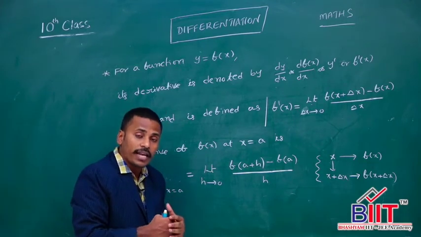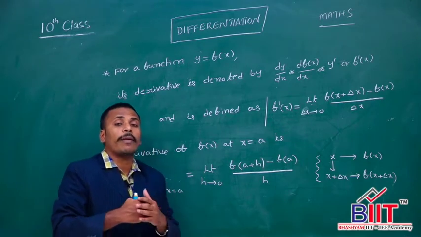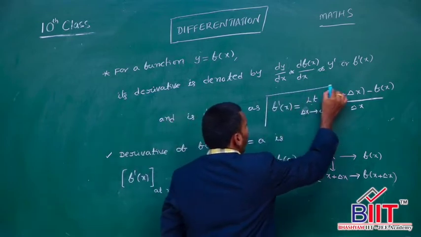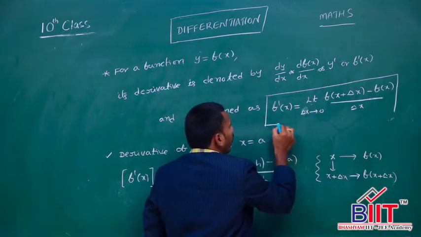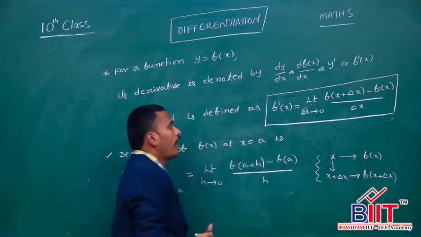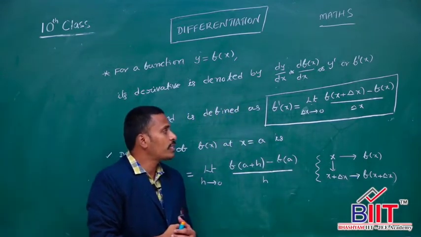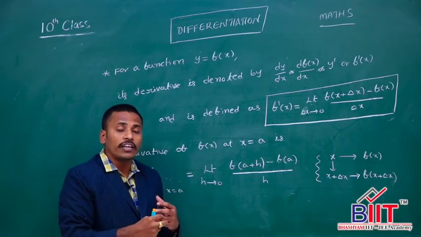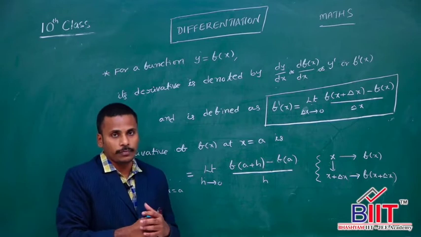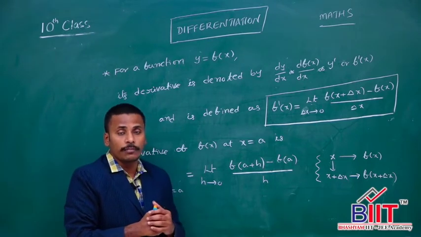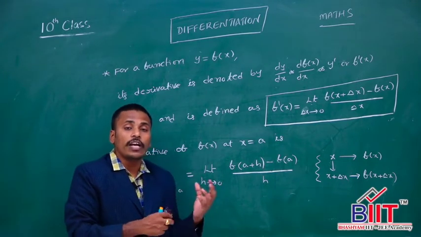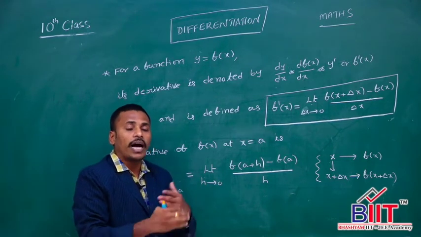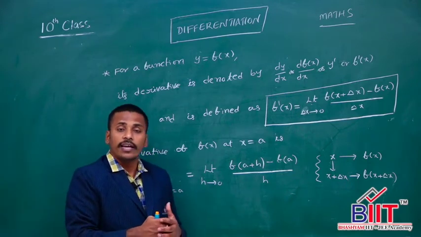That means comparing the change in f of x with the change in x in a very small region, and that is defined as a formula. f dash of x is given like this: limit delta x tends to 0, f of x plus delta x minus f of x divided by delta x. Here, to calculate the derivative we are getting the help of limits as well. Already we discussed in limits. To calculate the limits we used derivatives. Derivatives and limits are actually interlinked, and these two together help us to analyze the nature of the function.